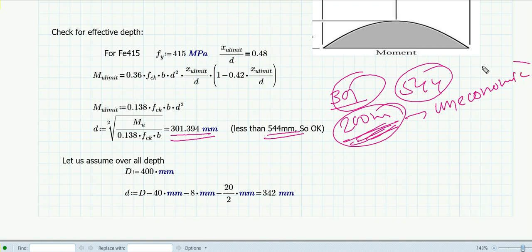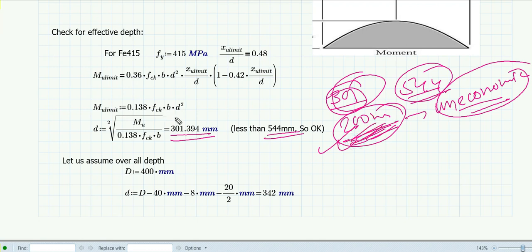So remember, as an engineer you have to take care of the economy also, because you cannot construct out of fear, or trying to make it very durable. You might construct something with a very large depth and width, but it comes with a cost, and it is not good engineering if your structure is very costly. So you have to economize. Here the required is 301 and you are providing 544, which is very uneconomic because you are providing around 250 mm extra. So you can avoid that.